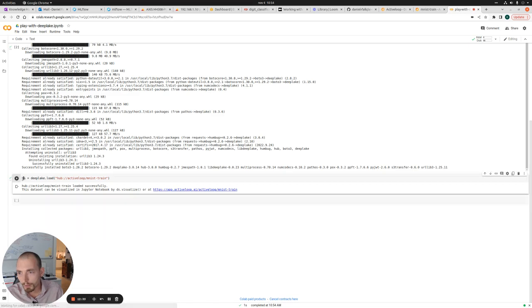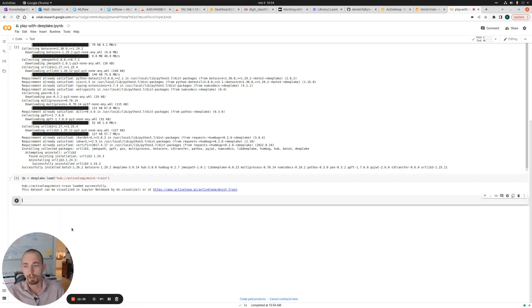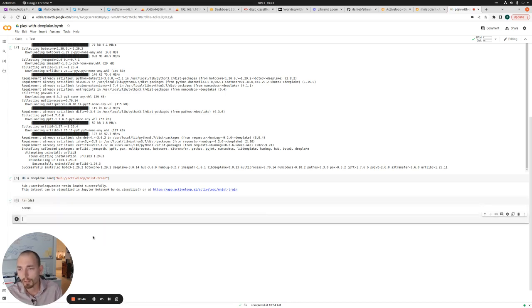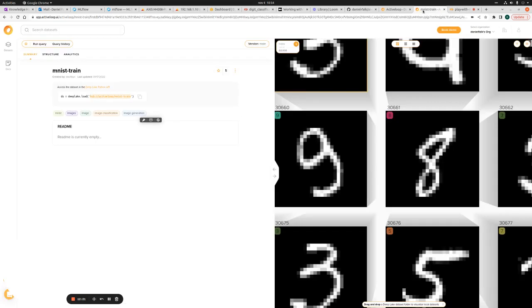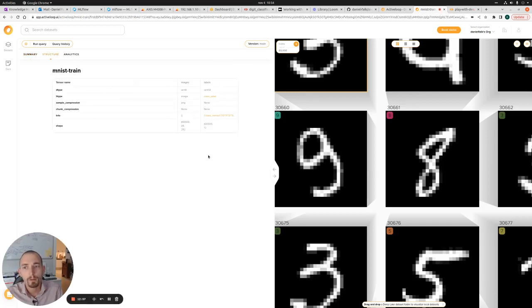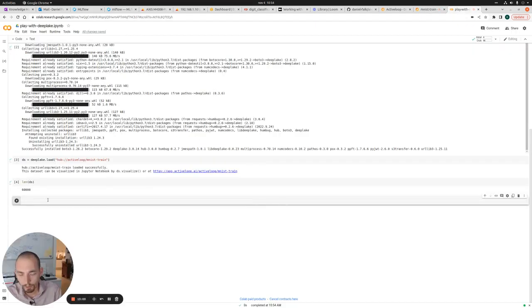What this is now is actually not the images that are downloaded. It just downloaded metadata about the dataset. So we can do length of dataset and see how many samples there actually are in the dataset. But the samples themselves are not downloaded. Each one of these tensors, which we can see in the structure, is stored as a reference to the server. So if we do